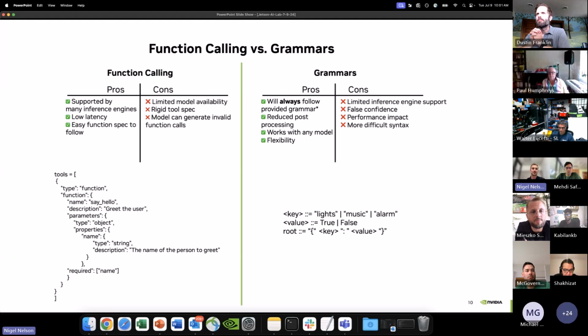And function calling and grammars are the ways to do that. So function calling, a pro is that it's supported by many inference engines. It's not really hard to find an inference engine that runs locally or even any of the APIs now. Like OpenAI does it. I'm sure Claude does it. Mistral, they all